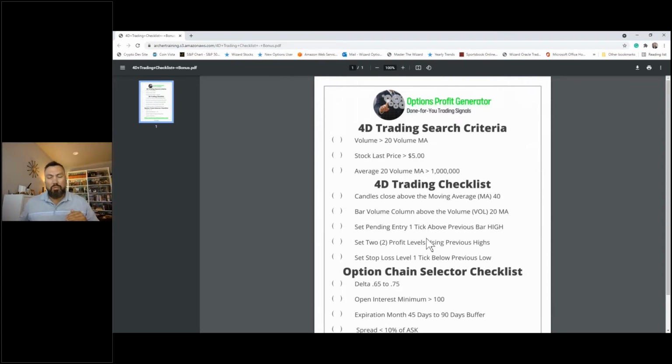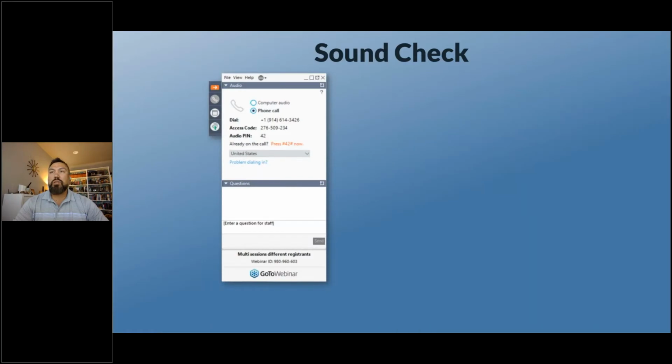This is our top-down approach. You can print this off, put it next to your trading station. As you're looking at the markets, you can just keep it as a PDF, save it to your phone. However you'd like to do it, keep this link and it's yours. That's going to be our guide. To me, I want to have something to reference, and this is what I found here recently has been a huge help. So we're going to be referencing that guide throughout the presentation today.